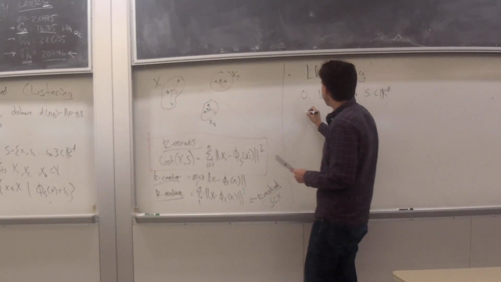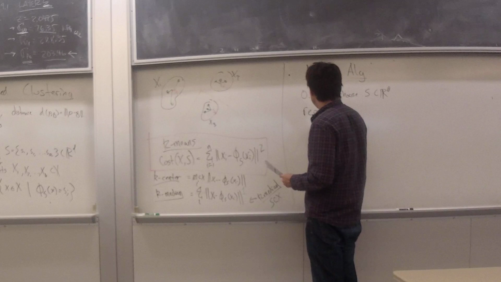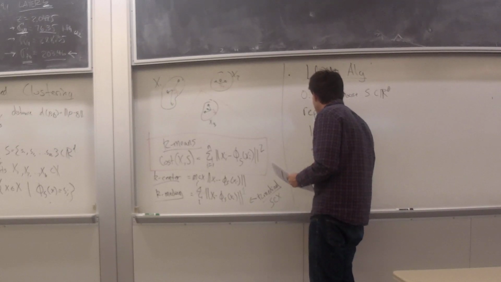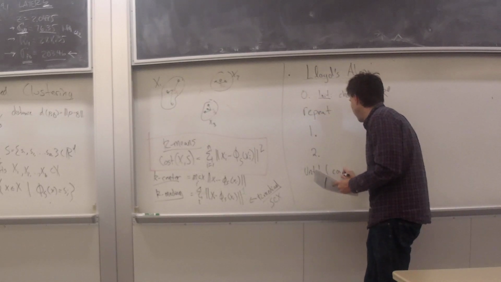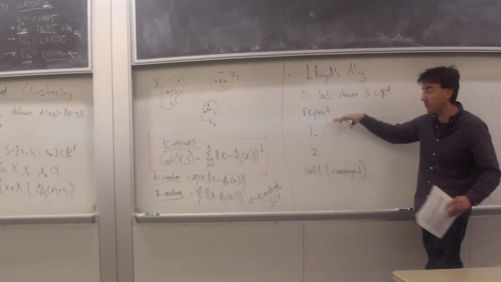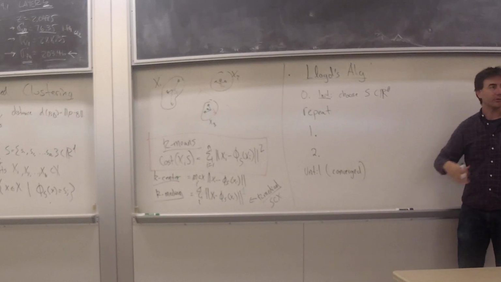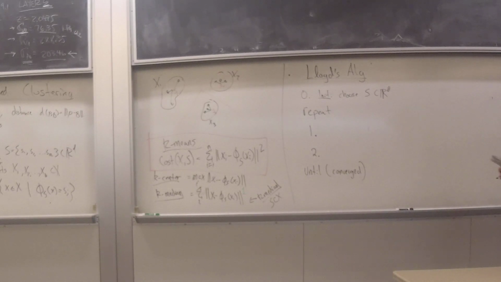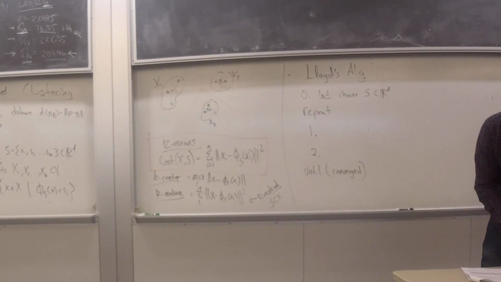Then I'm going to repeat just 2 steps until it's converged. It's going to be an iterative process like gradient descent, and we'll talk about what it means to be converged. So these 2 steps are: